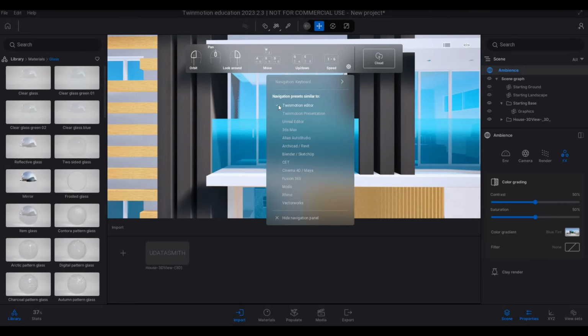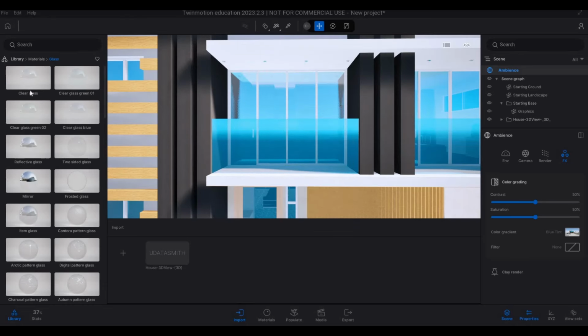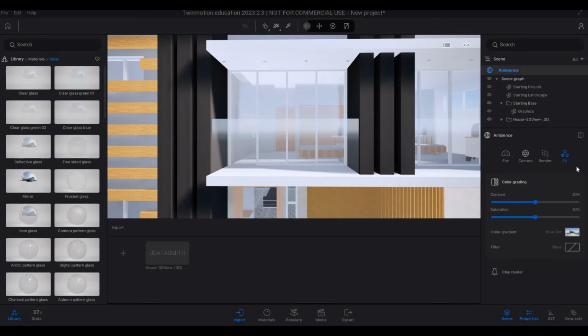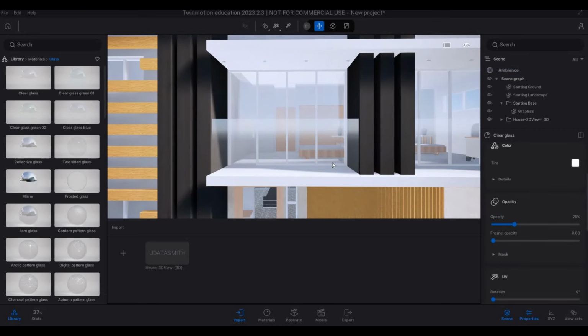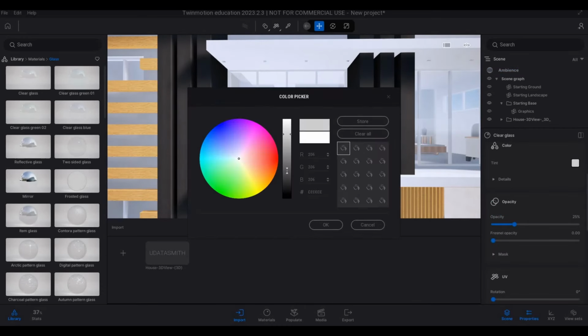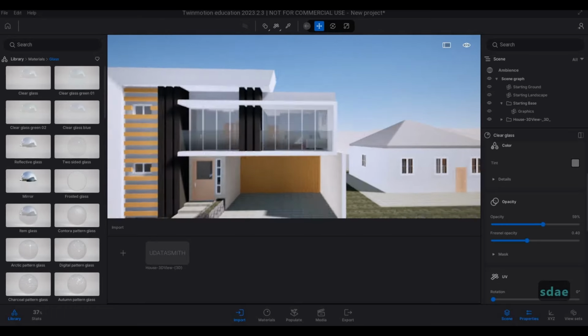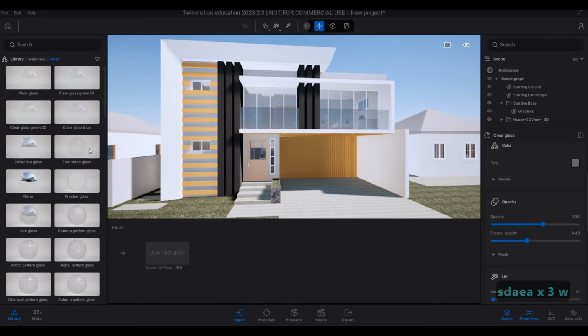I want to remove this one, hide navigational panel, and then I'm just going to choose clear glass, and right here I'm going to change the tint level and then opacity, and then this one as well, Fresnel opacity. So once those are set,